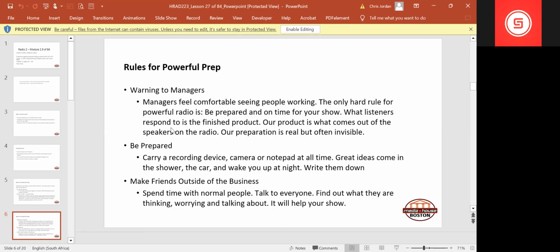It is 7 o'clock, it is 11 o'clock, it's 7:30, it is 10 past 12. Everything around what we do is based on a clock.